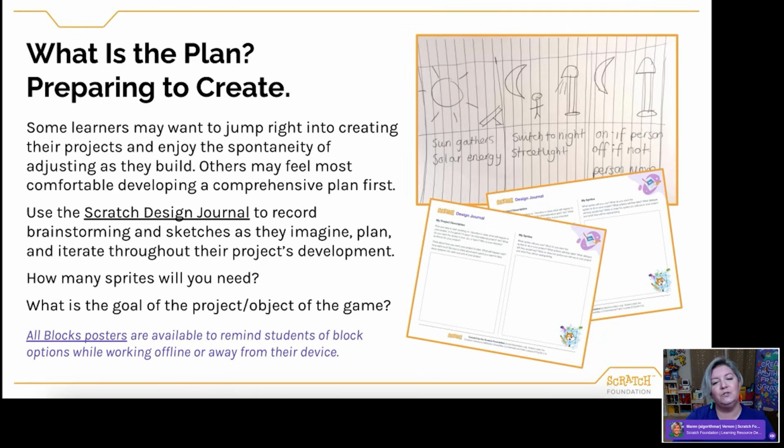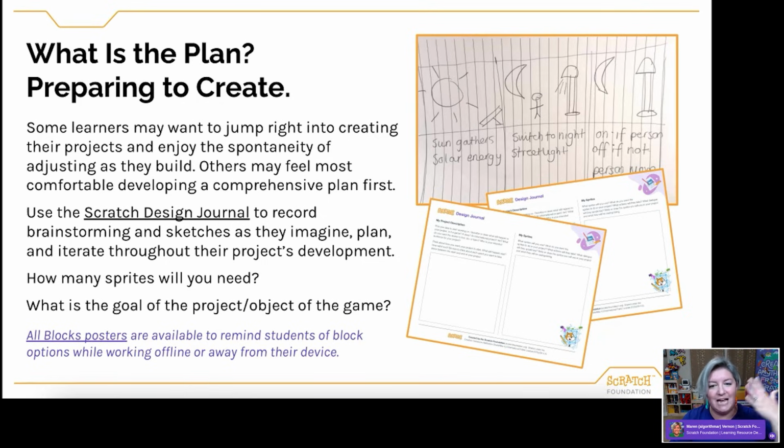There are also helpful tips in there with debugging, and some reflection questions. I really like to highlight this as a tool that you can use in the classroom. Especially if you are in an environment with limited devices where people have to wait in order to have some computer time, this design journal is a great place where they can start working on their project and thinking through the considerations while they're waiting for time to get onto the computer itself.